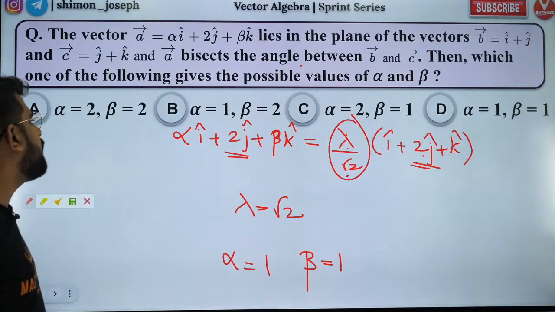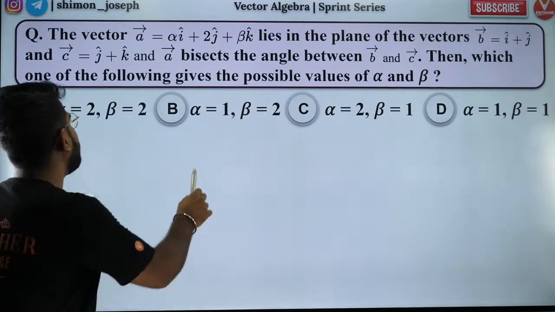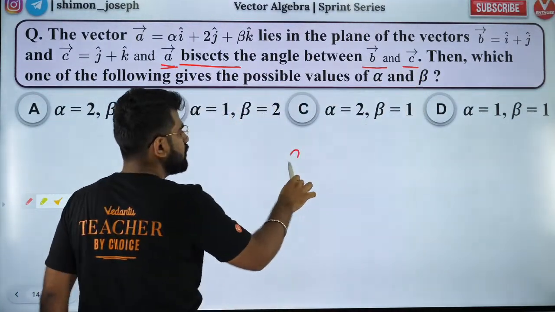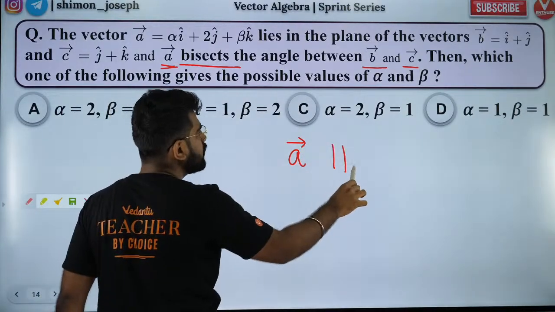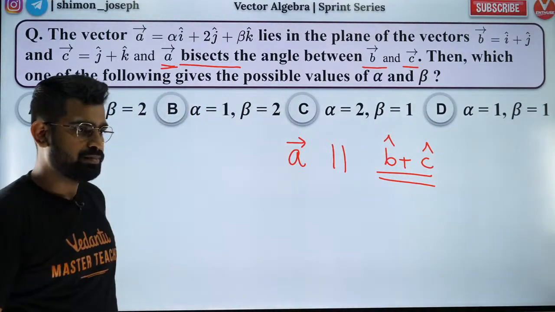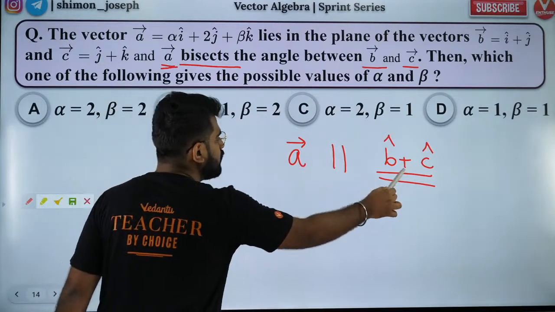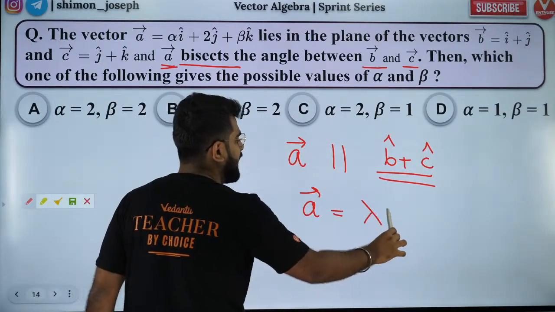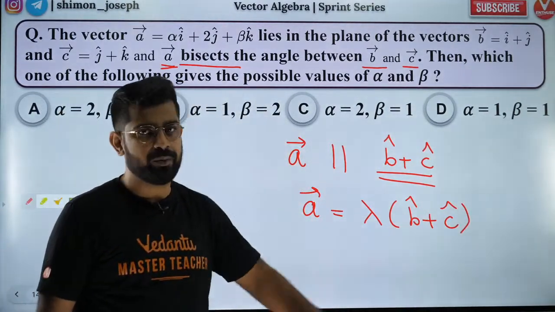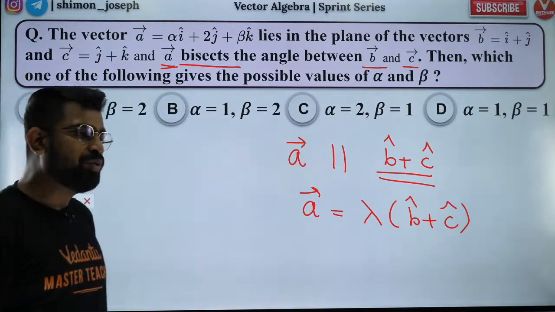Jia, yes, I'll help you out. So Jia, you have your A vector being the angle bisector of B and C. So A vector, Jia, will be parallel to B cap plus C cap. Correct na Jia? Did you understand this? Just now I taught you. So if A vector is parallel to this, then A vector can be written as lambda times B cap plus C cap. After this it's pretty straightforward. After this you can solve it. After this I just did basic stuff. Okay? So shall I move forward?